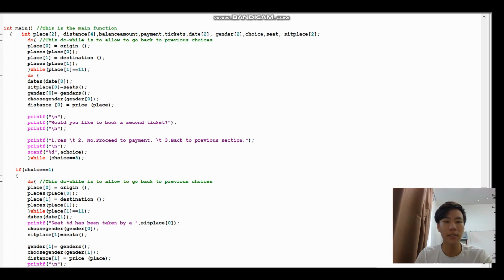Then we set the destination and also the list of places inside all these functions. If during the selection of the destination we select 11, the place will automatically go back to the origin. That means if we select 11, it will jump back to the last section, which was the origin, to select another ticket. Continuing on with the other do and while function,